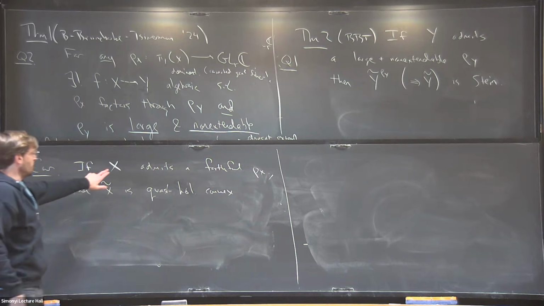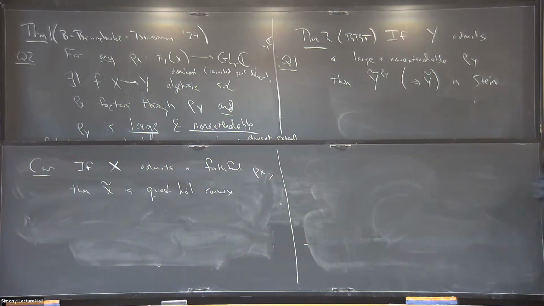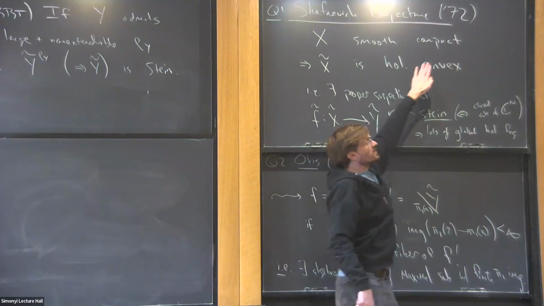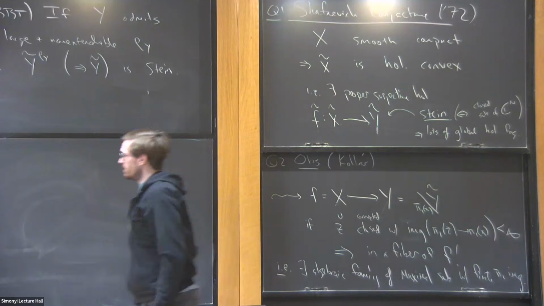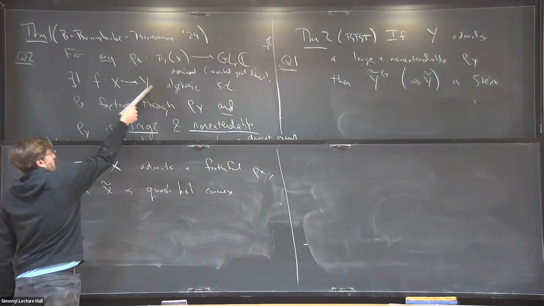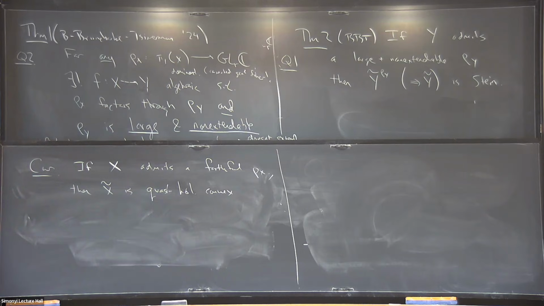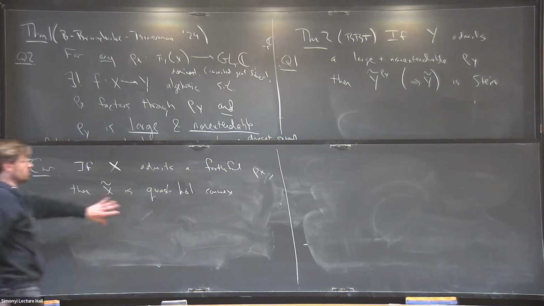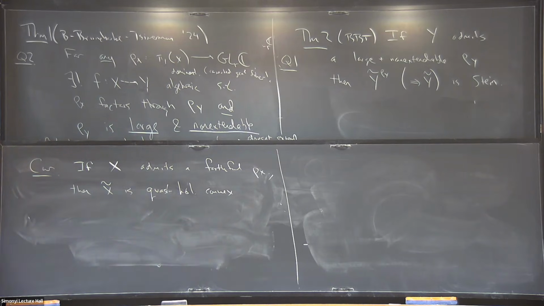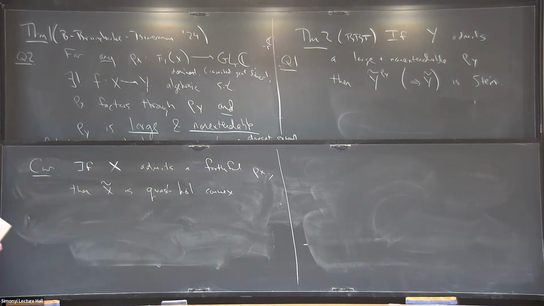Okay, so in particular, this version of the Shafarevich conjecture assumes X is compact, so that phenomenon does not arise. If X is compact, or more generally, if this map is proper, then X tilde will be holomorphically convex. But in general, the most you can expect is that it's open. Yeah, so like analytically Zariski open. So the complement of a closed analytic subvariety. Yeah, that's right.